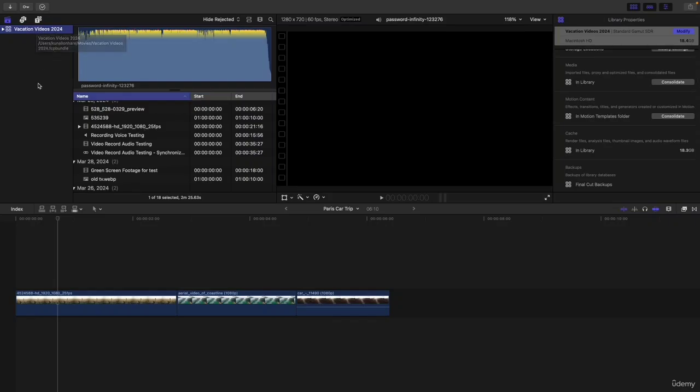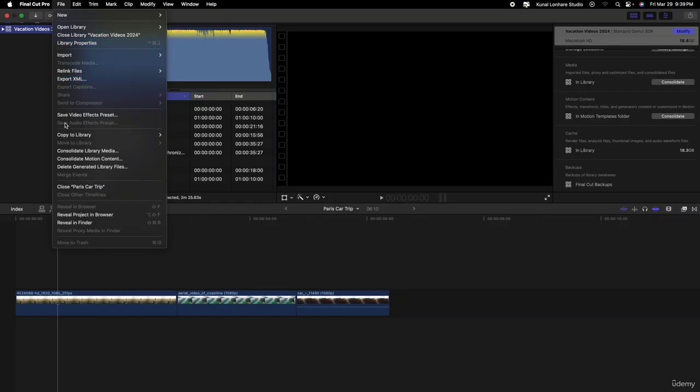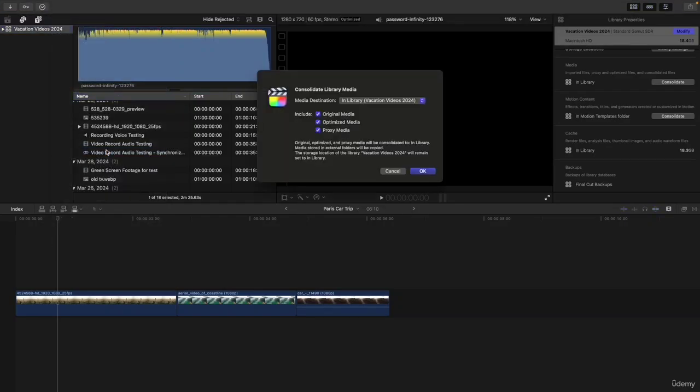We are going to consolidate all these files so that we can share this with someone else, because right now we have done only very basic things and the file size has become too big, and you cannot share such big files with someone else, right? So what's the proper method? The proper method is to select this one, go to the top, click on File, and then click on Consolidate Library Media. Click on this option and just make it